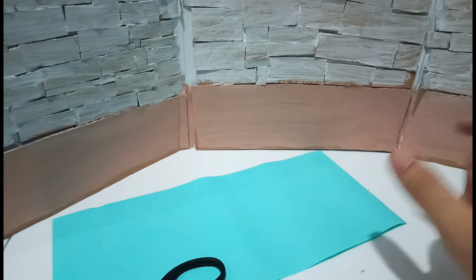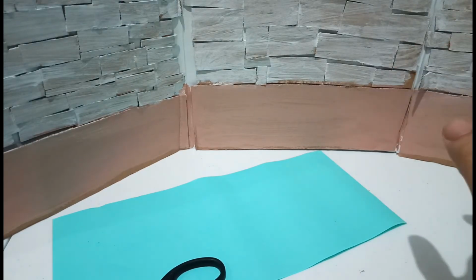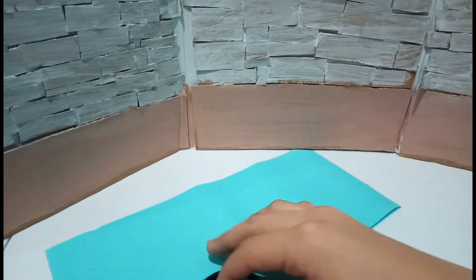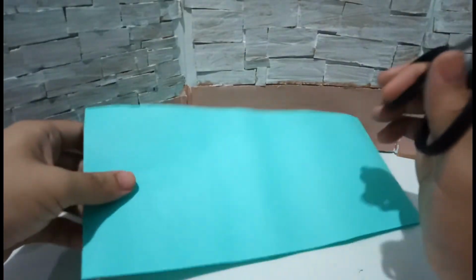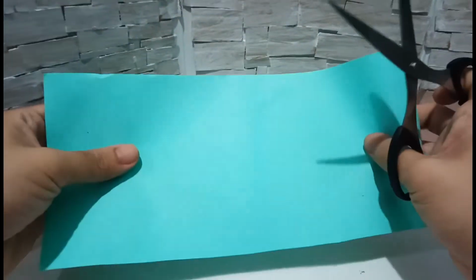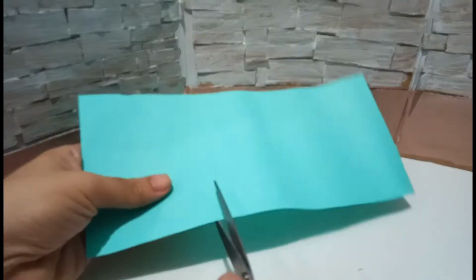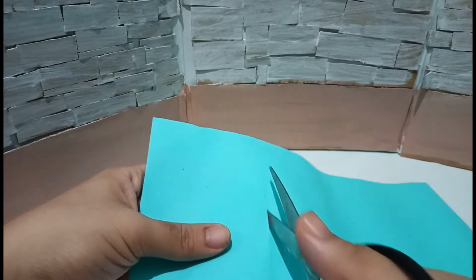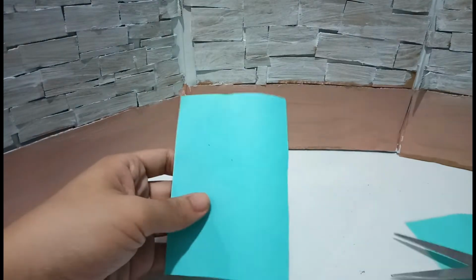In today's video, I'm going to give you an idea on how to make a snowflake using colored paper or bond paper, whatever you want, or computer paper. All we need are scissors and, of course, the colored paper. So I'm just gonna cut some top shape right here, and then I'm gonna